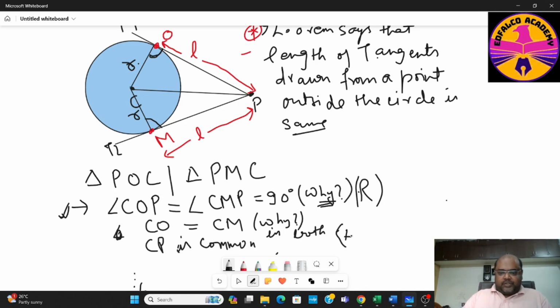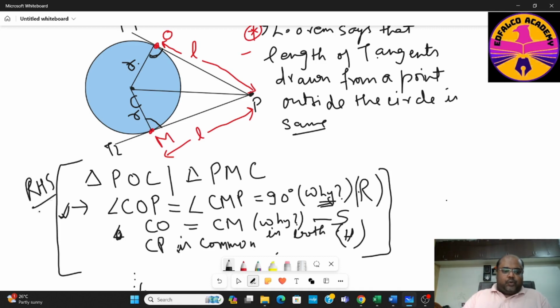So H is another parameter, which is the hypotenuse. And the third, CO and CM, are the same. It is defining the two sides of the triangle. So it is S. So by the theorem RSH, by the congruency RSH, you can now say, based on RSH congruency, you can say this topic of